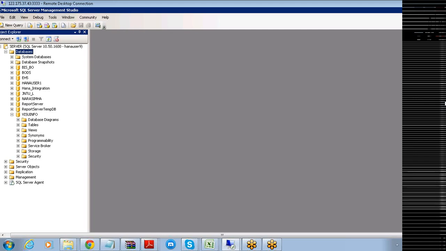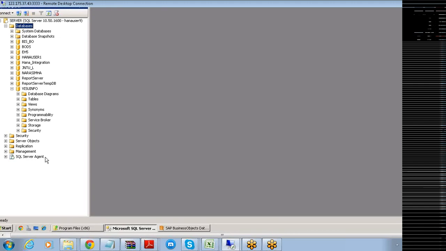Is this point clear to you? This is the second step. The first step is that we have created a blank database. The second step is that we have created the repository with the help of that blank database. And the third step is that we have registered your repository to the job server of your Business Objects. Are these three points clear to you now, Bhaskar?